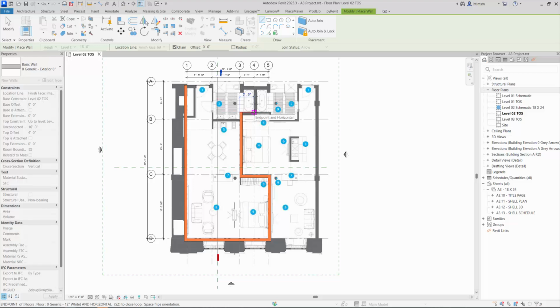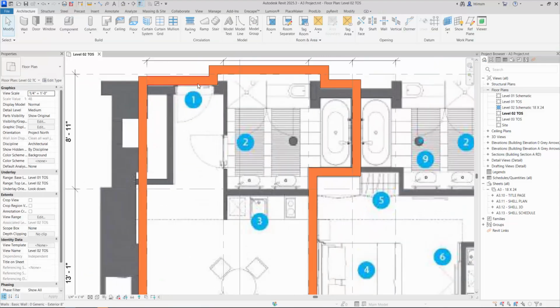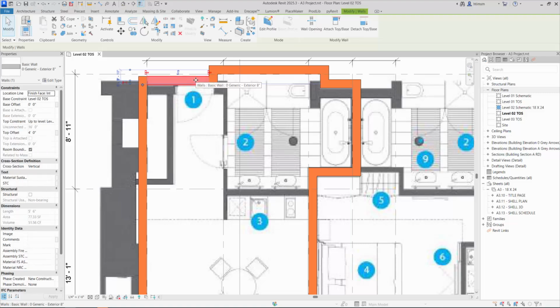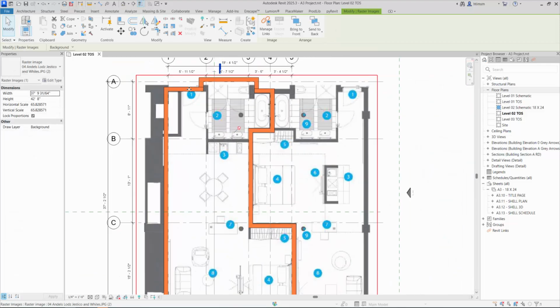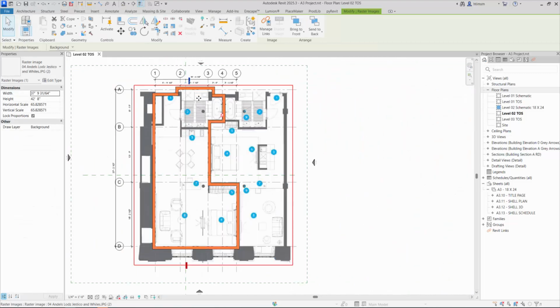Again, I'm just tracing around what I drew already, right? Oh, and that one needs to actually be moved down, right? So this needs actually to be on the inside. So once you have these things, you can move it, you know, assume, right, like that. So again, you can drag these things around and get them to work the way you